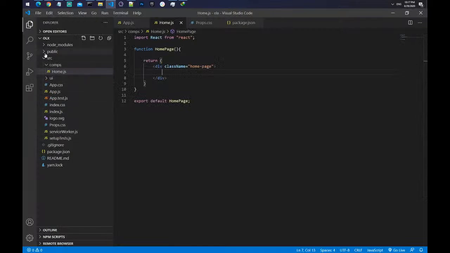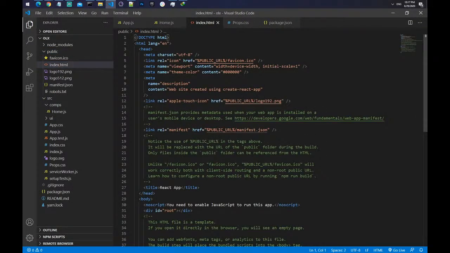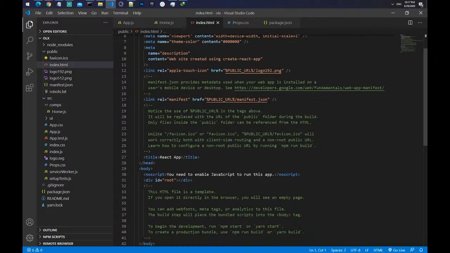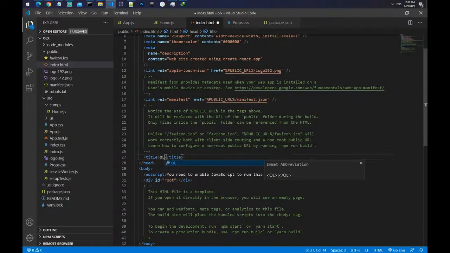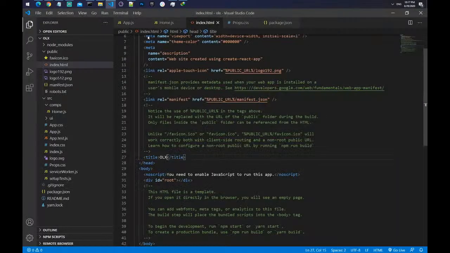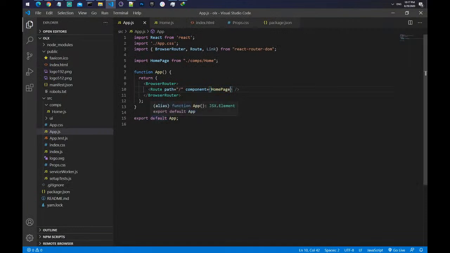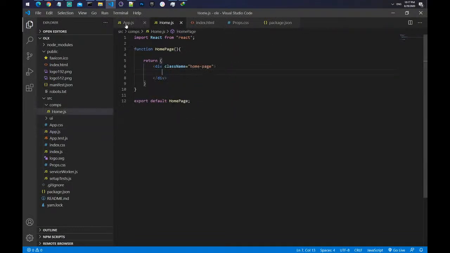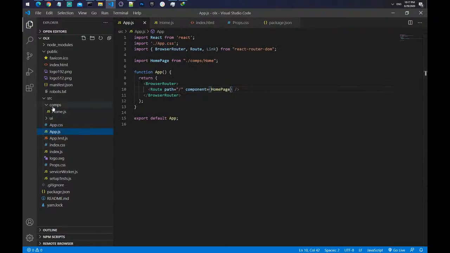Now I need to change the title once again. Let's call it OLX buy and sell for free anywhere. OLX. Let's use OLX for now. Great. Now let's go back inside the app, and we have home page, and we need one more component,